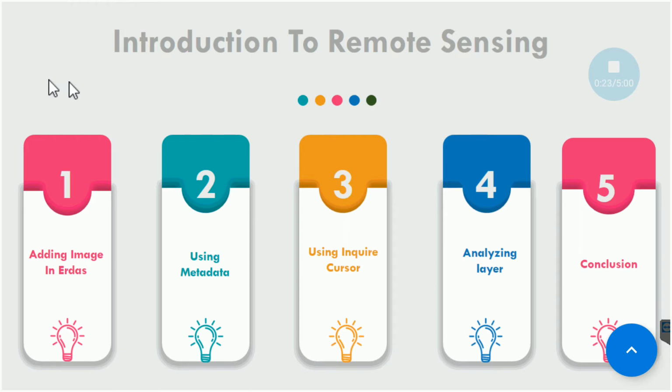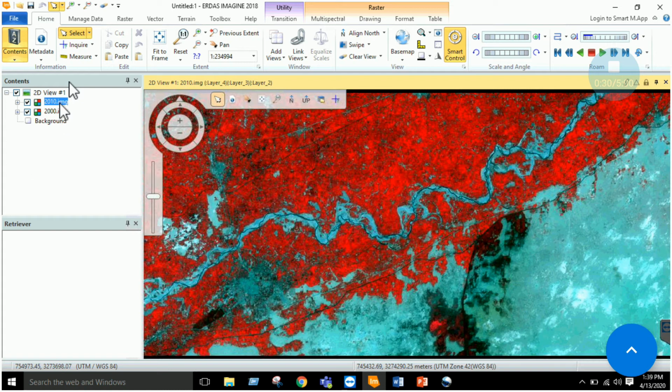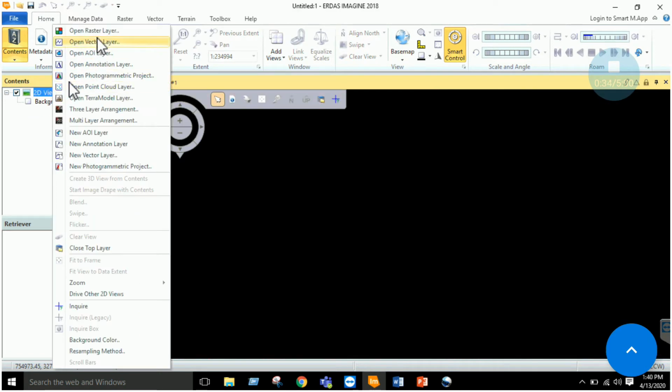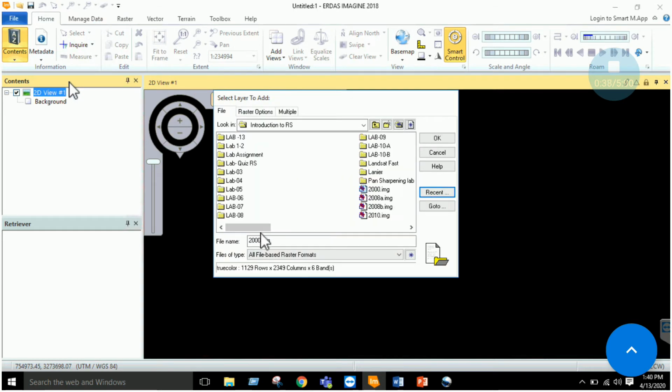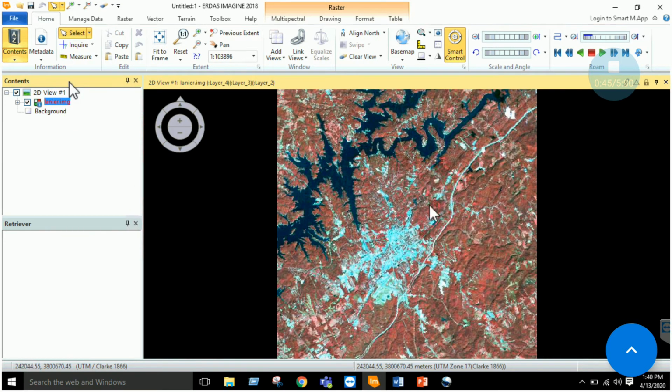Right. In the last lab which we have done, we performed some basic operations. So in this lab, we will open up our imagery first from raster layer. Just click on any imagery of your choice. Let's open linear.img this time. Now here this image is displayed. As a first step, we learned how to add an imagery, which we have already covered in the first section.